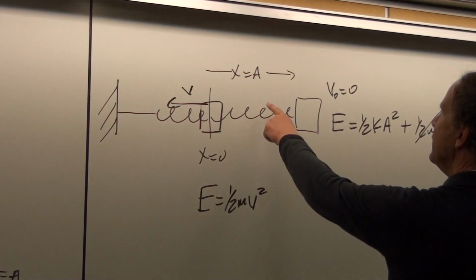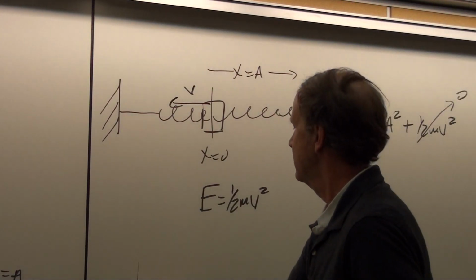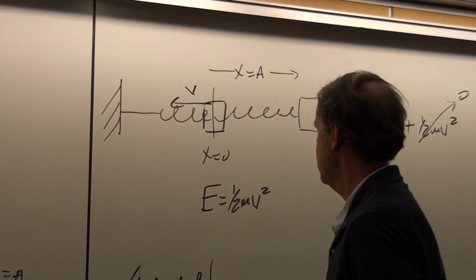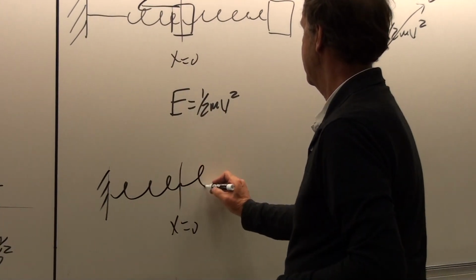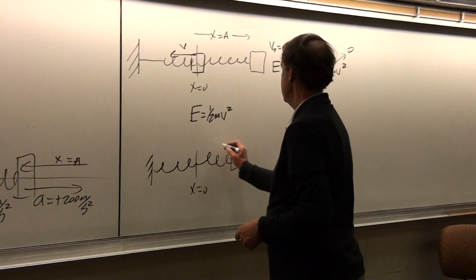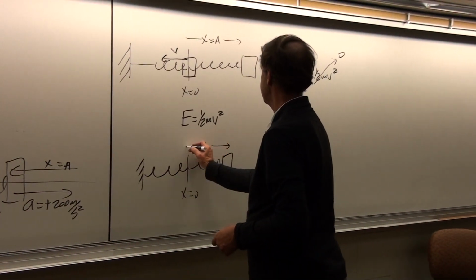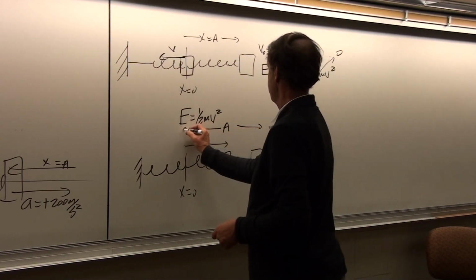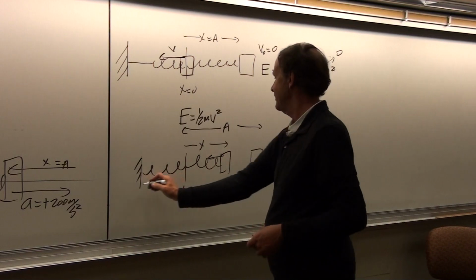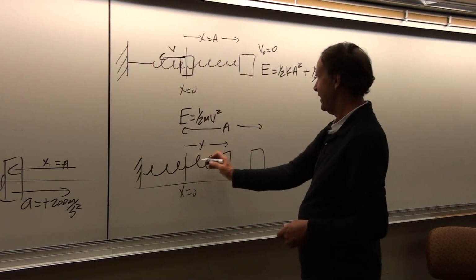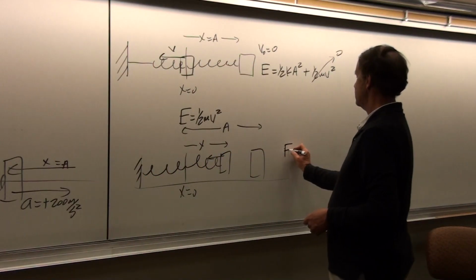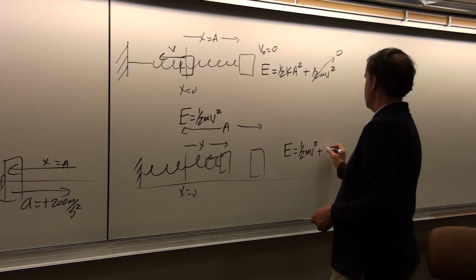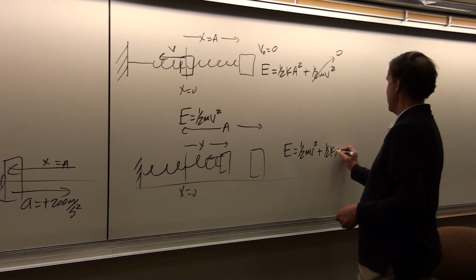And so at any other given point along the way, that's a combination of kinetic and potential. Let's say here, so this is x, but x isn't equal to a. We could call this distance here a, but we let this thing go, and now it's at some point x away. Then here, the energy will be a combination of the kinetic, 1/2 mv squared, plus 1/2 kx squared.